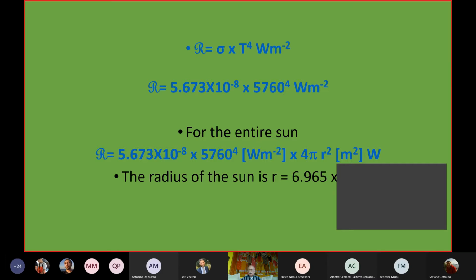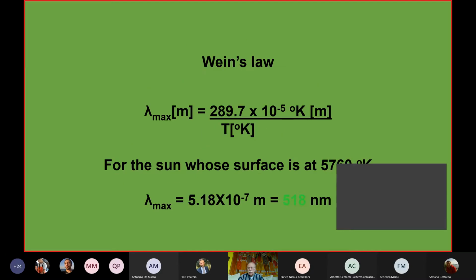Had the sun been colder, there would have been less radiation. And if the sun had been smaller or larger, of course, it would also affect very strongly the radiation that is emitted by the sun and the radiation that reaches us here.